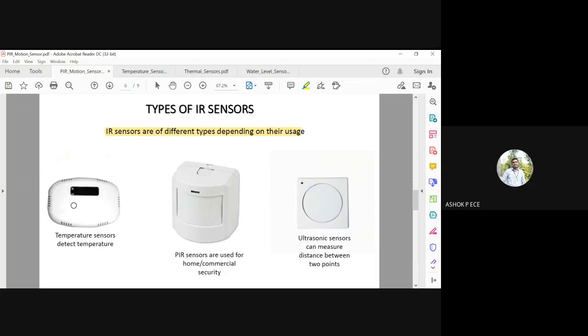So temperature sensors, this is available in clocks. You know, in wall clocks nowadays, you have temperature sensors which will detect the temperature and display it. The equivalent voltage will be obtained, and the equivalent digital representation is shown in the clock. So what you see as temperature, actually you cannot display temperature directly. The sensor will detect the temperature, convert it into voltage, and that equivalent voltage value is again displayed as an equivalent temperature value in the digital clock.